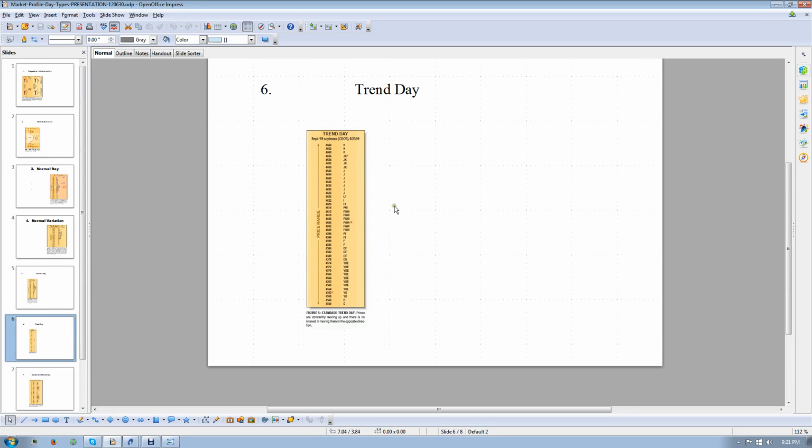And the characteristics of a trend day are, you're basically going to get a more elongated type of profile with some possible anomalies in it, like single prints and stuff like that. And that's basically what makes a single print: the market is staying within the value area in anticipation of the news. We talked about news,